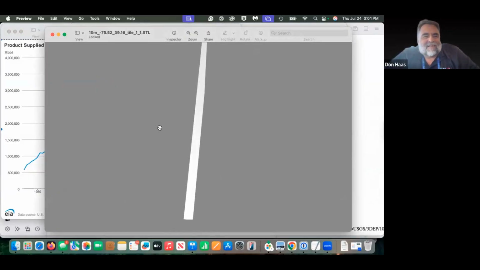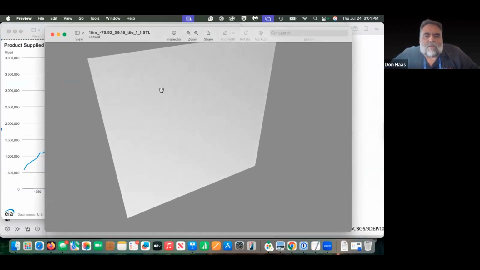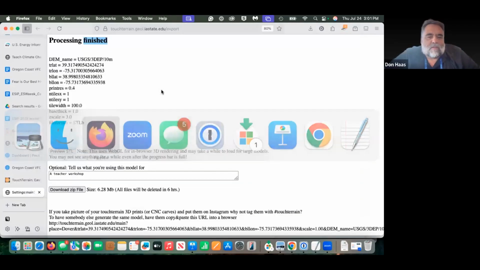It's not that flat. This opened in preview. Let's see, there are ways to colorize it. Let's go back to the